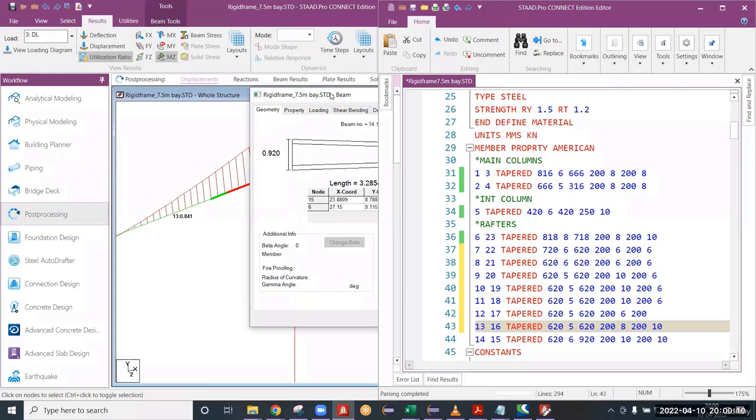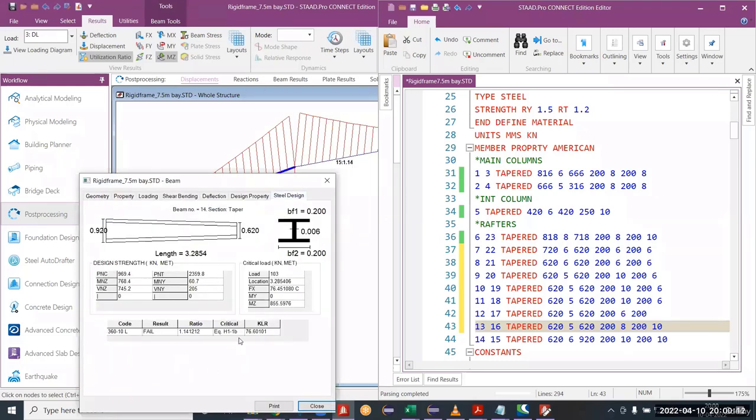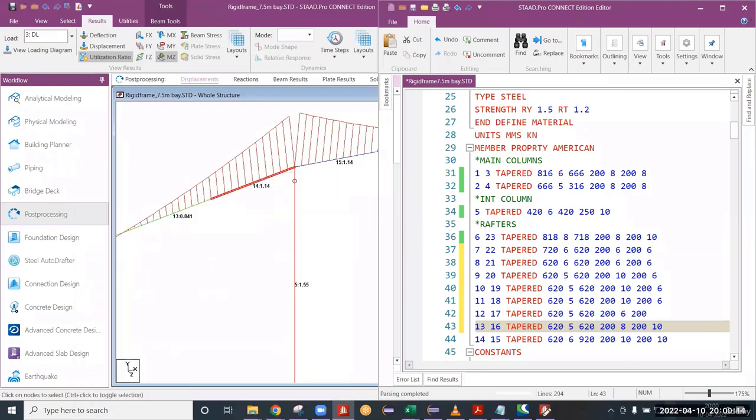If you observe this one, double click here, steel design, it is failing in H1 1B. Nothing but already we have increased the depth to maximum extent. Okay, this is 920, almost 1 meter. Okay, 1 meter depth beam, that is much more deeper. Yes, so if you feel like that, you can increase the thickness here. Because bending moment at the top, I'm increasing the thickness at the bottom. Okay, just